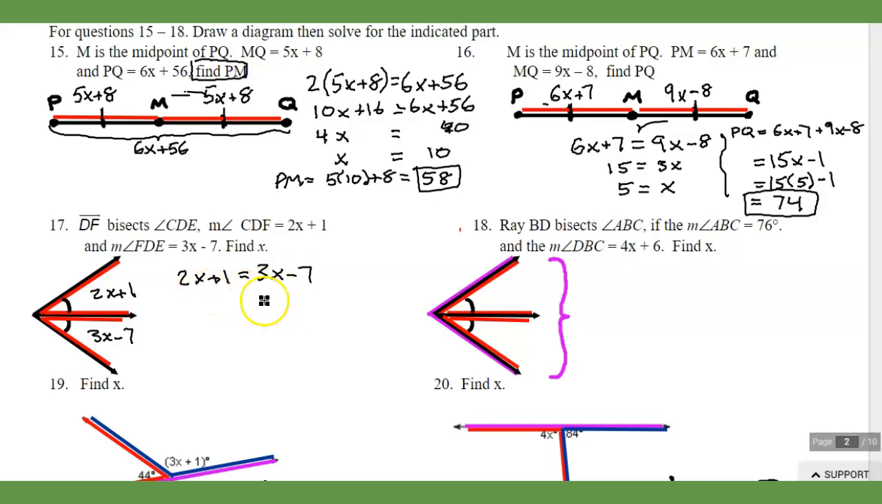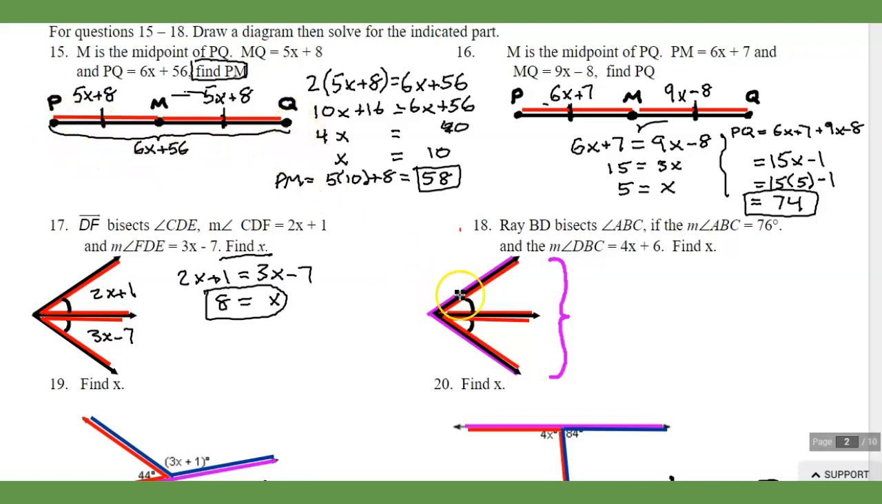So subtract 2x on both sides, just get x. And add 7 to both sides, get 8. And our directions are just to find x, and we have done that. So that is it, real fast problem. Okay. The next one here actually gives us the whole big angle, kind of like here where we got the